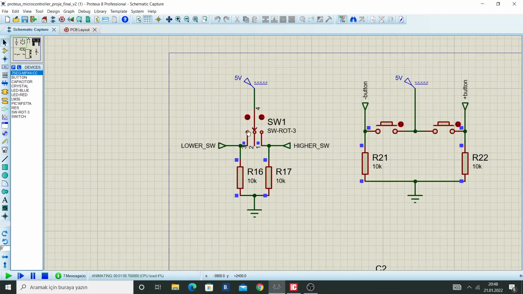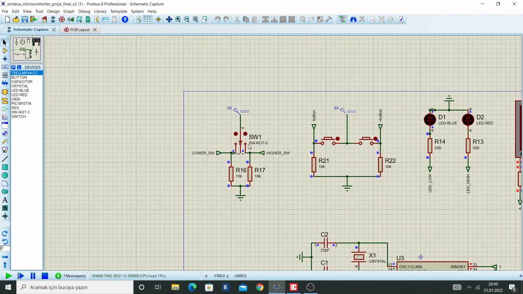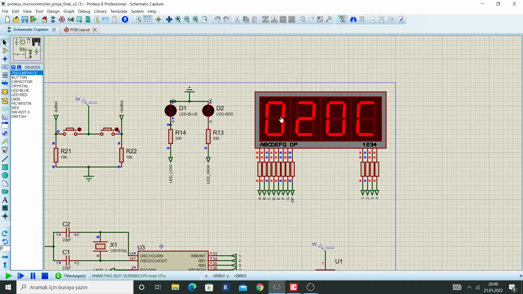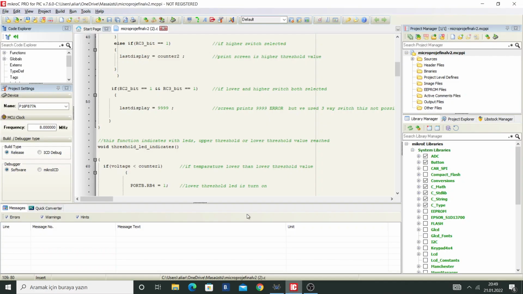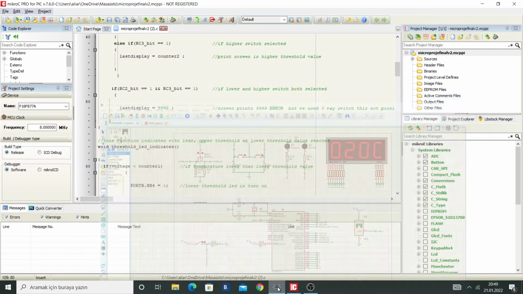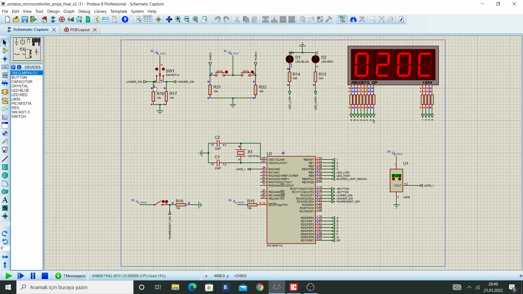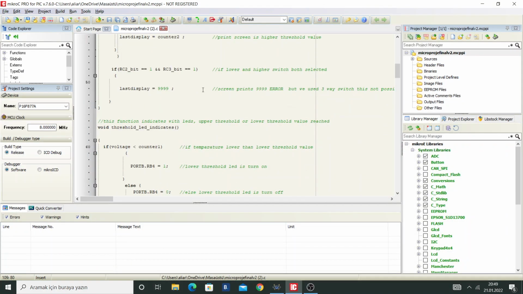Thanks to that 3-side switch, we can select just one part of this switch. Otherwise, if you select two switch pins at the same time, you will see an error on our 7-segment display. But thanks to these switches, you can't see that kind of error in our circuit. Anyway,